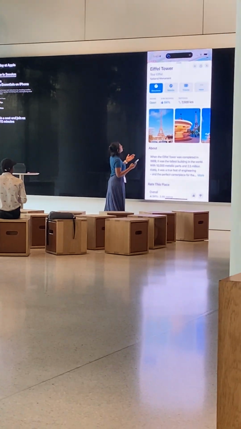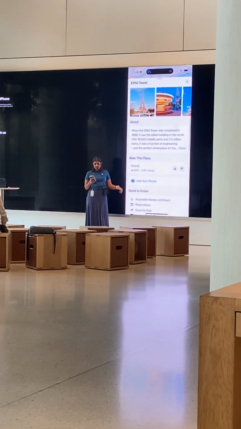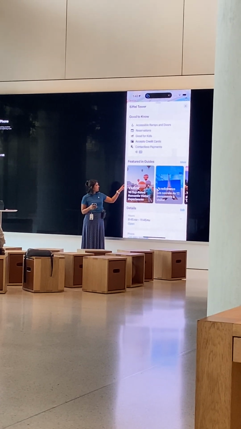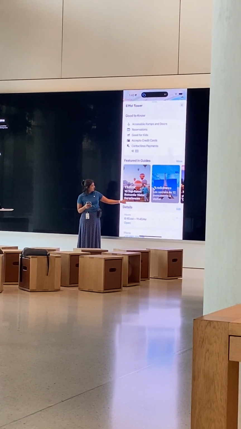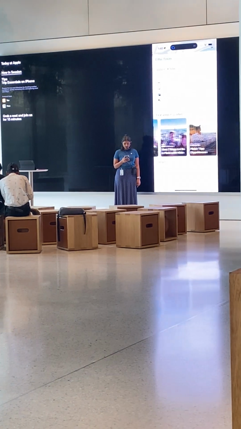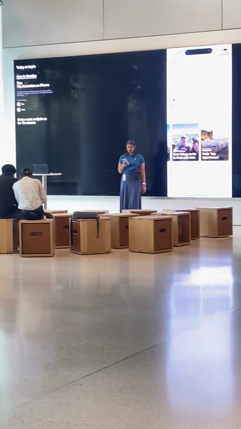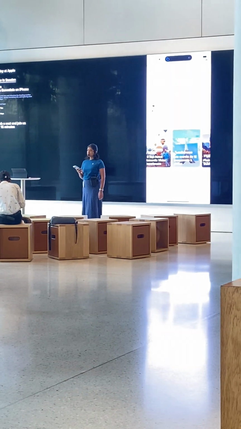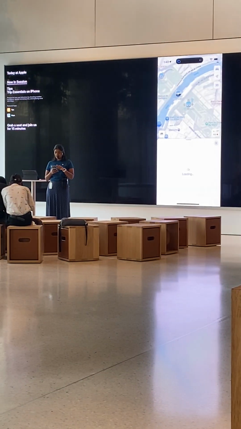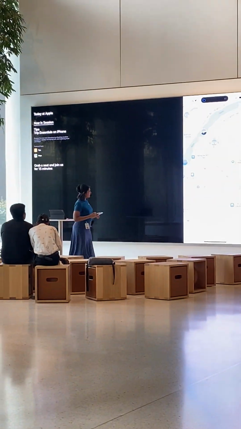So let's say I'm looking for Eiffel Tower and also about Paris. It's actually showing the Eiffel Tower being featured in other guides. So here are some guides here. First, find out about Paris, or where to find the best views in Paris, best things to do with kids, Paris shopping experience. So lots of guides that are there. These are really nice to check out and learn about Paris.